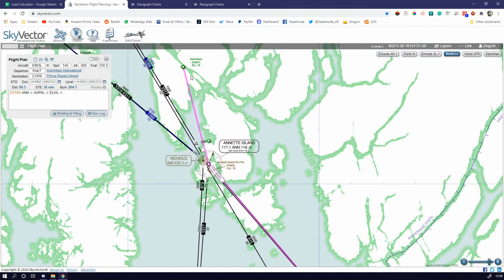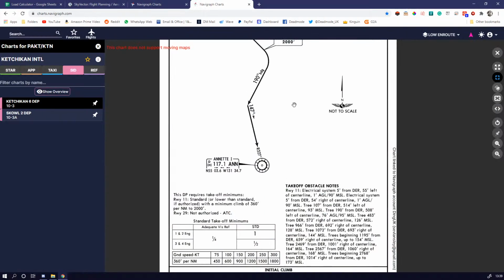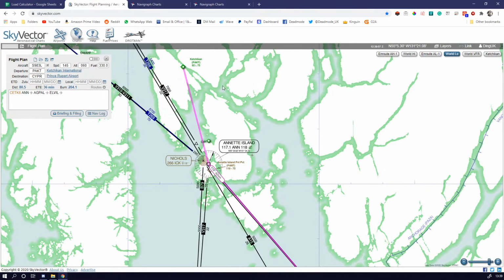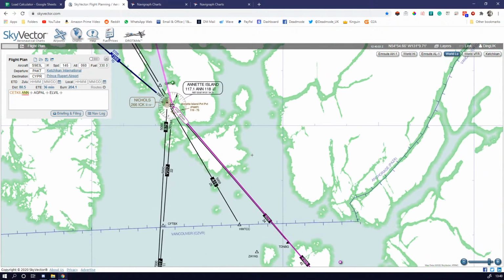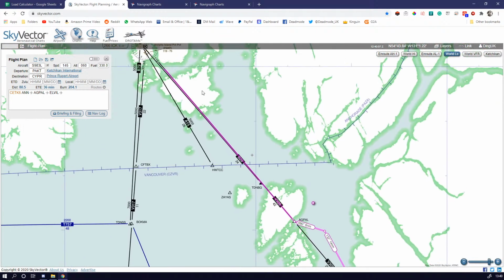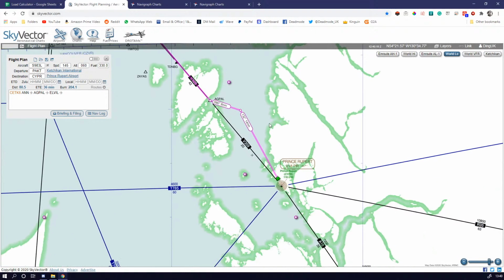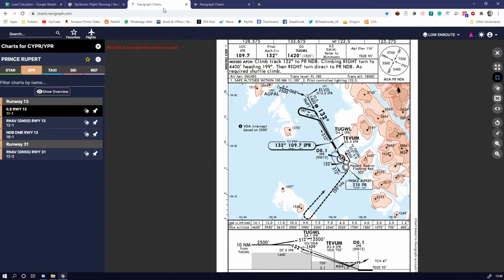So we'll take off, heading 116, and then at 2,000 feet we will turn 190, continuing to climb out to 5,000 until we intercept the 147 radial to Annette Island. We'll intercept that, and at Annette Island we'll fly the 119 out. We'll stay on that at 5,000 feet until 42 DME away. We will then turn 090, and in 6 miles we should intercept the ILS at Prince Rupert, which will be